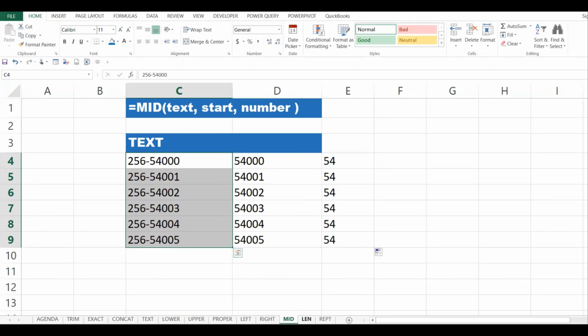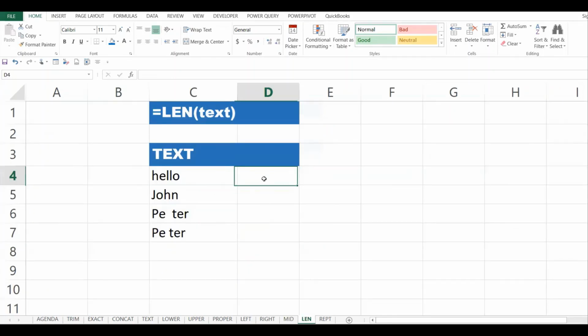Next is the length. I want the length of this. What it does, it just counts the characters, how many there are. In this first case, we have 1, 2, 3, 4, 5. So I say length, then just the text, and then it gives me 5. I copy down.